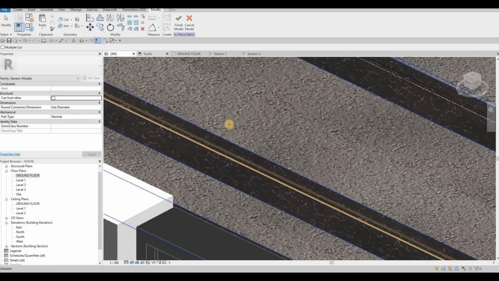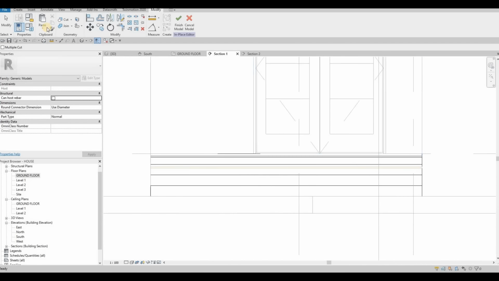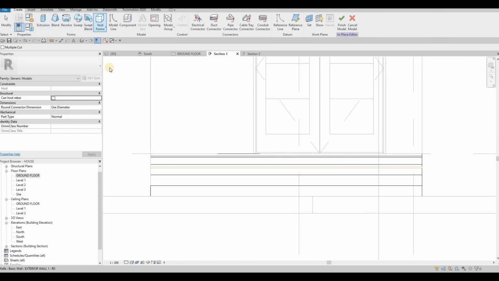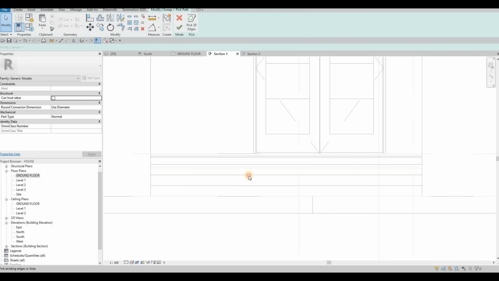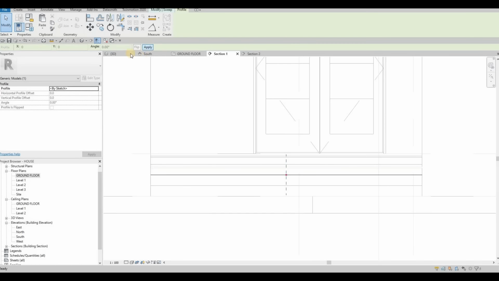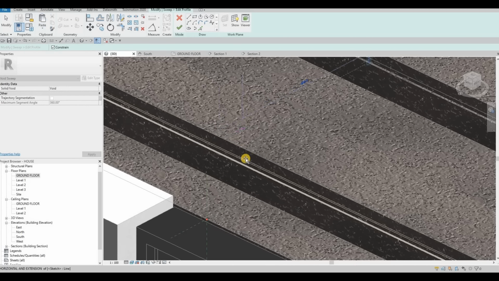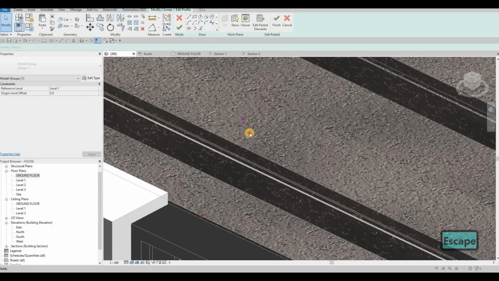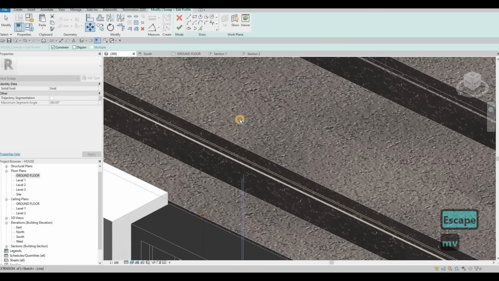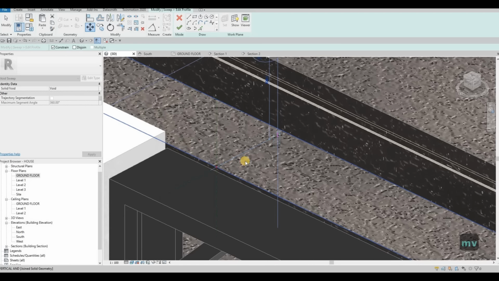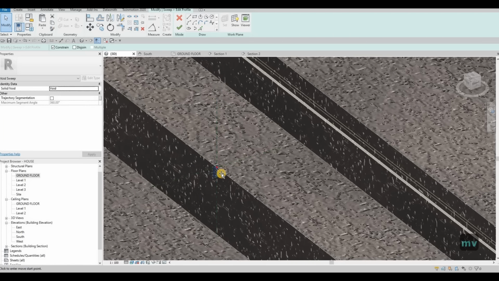and then go back to section 1, create void sweep, big path, select here, click finish, go to 3D, select here, edit profile, and then paste, and then grab that, move it, and then move it down, click finish,